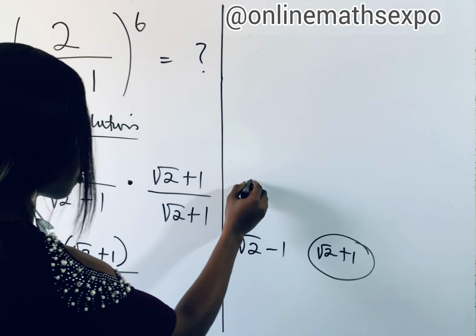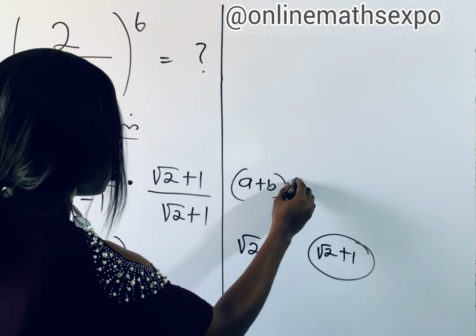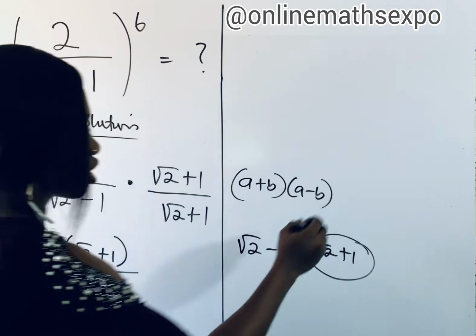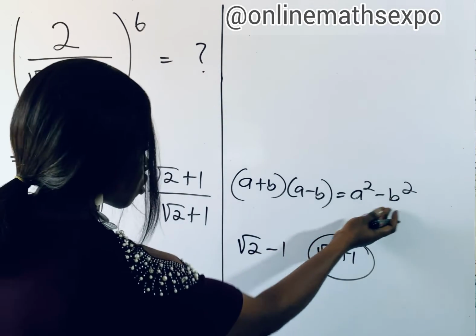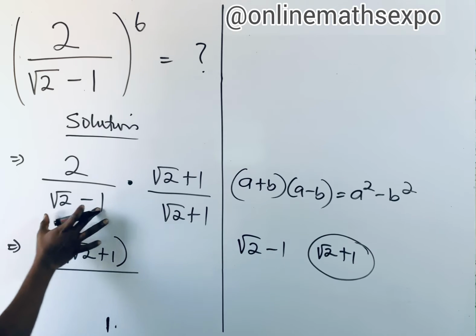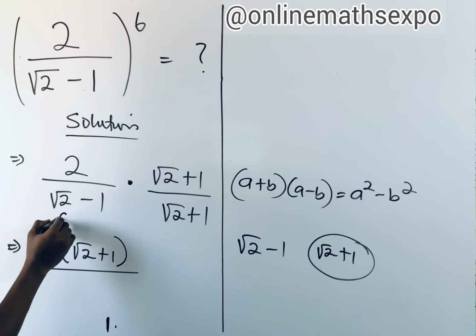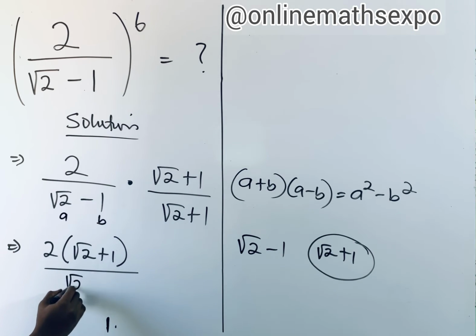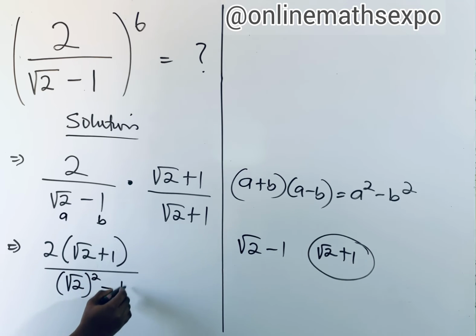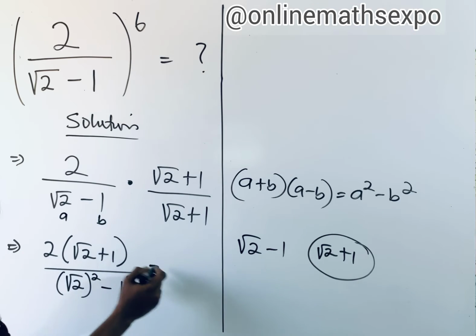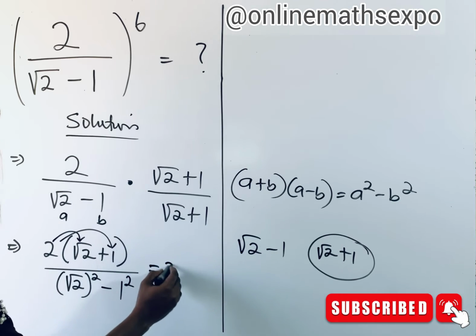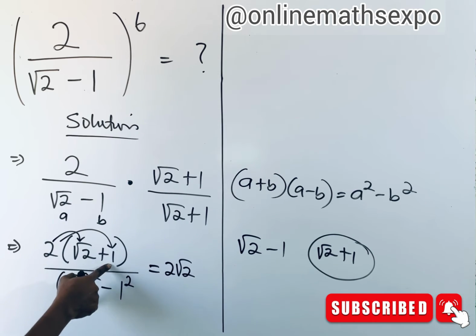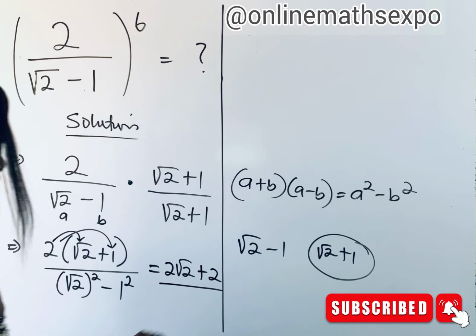Just quickly remember, for every a plus b into a minus b, it is the same as a squared minus b squared, the difference of two squares. Did you see that? So we're going to apply it here, where this will be a and this will be b. So we have root 2 raised to the power of 2 minus 1 squared. Interesting. Now if you simplify this, these two will multiply the inside values. 2 multiplies root 2 gives us 2 root 2, and 2 multiplies 1 gives us 2, divided by this square,